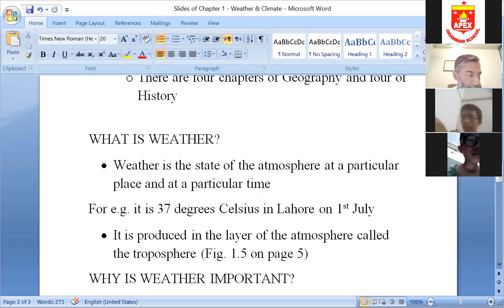Stratosphere, सबको नजर आ रहा है बेटा? Troposphere के ऊपर? Yes, sir. Yes. Okay. So the stratosphere is a place where the jet planes fly. Jet planes जो होते हैं, वो go above the troposphere and fly in the stratosphere. उससे ऊपर बेटे जाएं, after the stratosphere, from 50 miles up to 200 miles above the earth, it is called